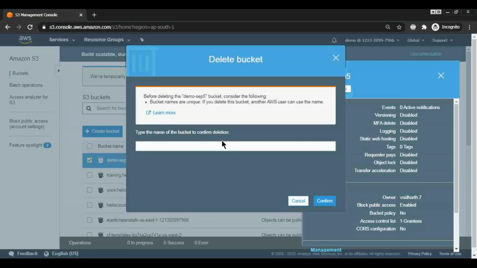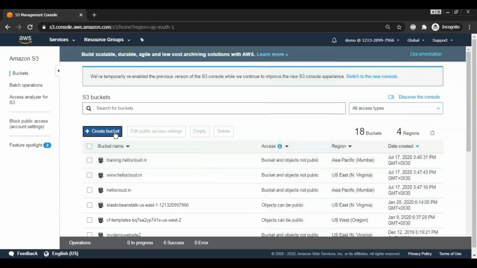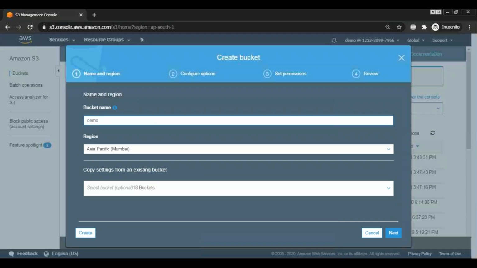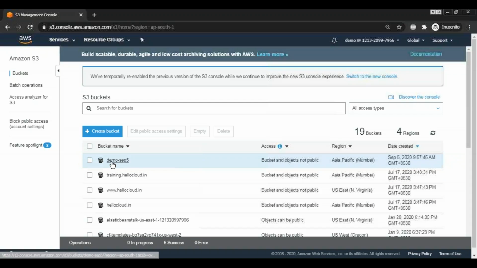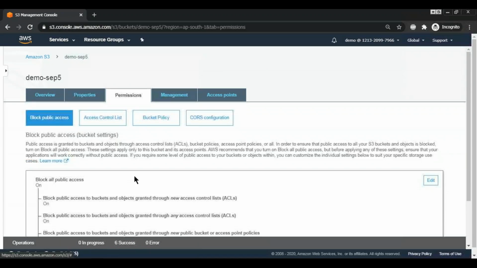And let me delete this bucket. Let us start from fresh. Okay, let us go ahead and create the bucket demo sep5. Okay, so we have created this bucket. So first what I want you to do is, I want you to go to permissions and remove the block